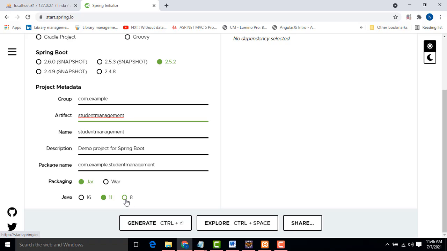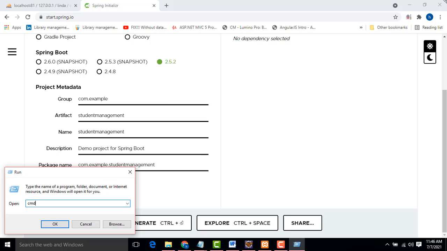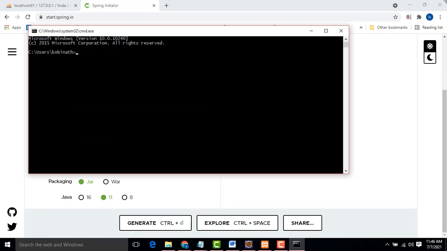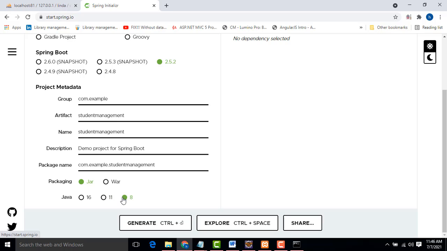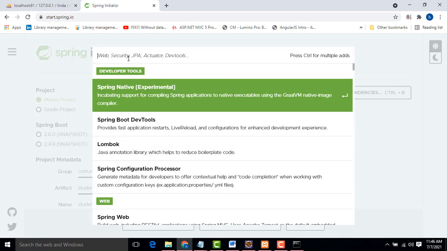I have installed Java 8 on my machine. If you don't know which version you have installed, go to the command prompt and check it with java -version. Press the enter key. This is version 8, so choose 8. Here is where you add the dependencies. Click add dependencies, web,